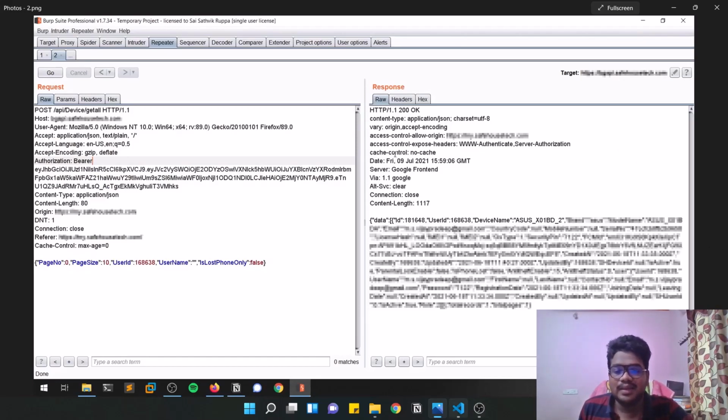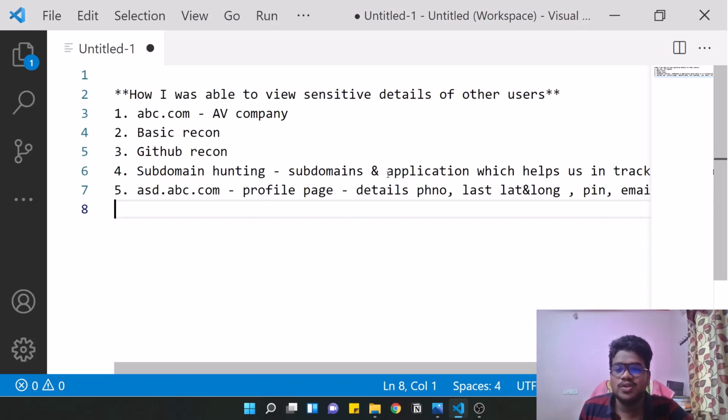And also guys, in the meantime, as I told you, there is an application. I also tried to view the source code of this application. This is an Android application. I tried to view its source code to find some sensitive data like API tokens, but I haven't found them. So those are some things I did in order to view the sensitive details of other users. As I told you, finding this kind of vulnerability is easy, but you need to choose the right subdomain. You can't always hunt on the same domain. If you choose some domains which are less visited, then there might be some possibility of finding a vulnerability.